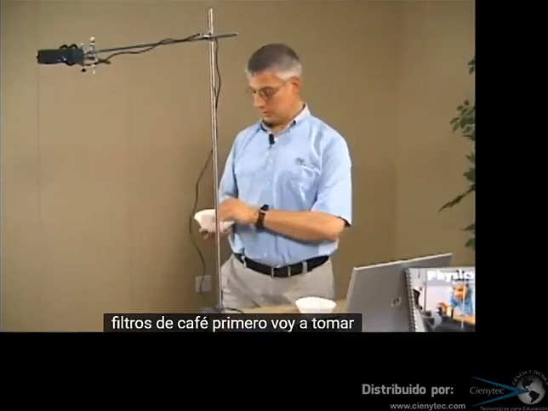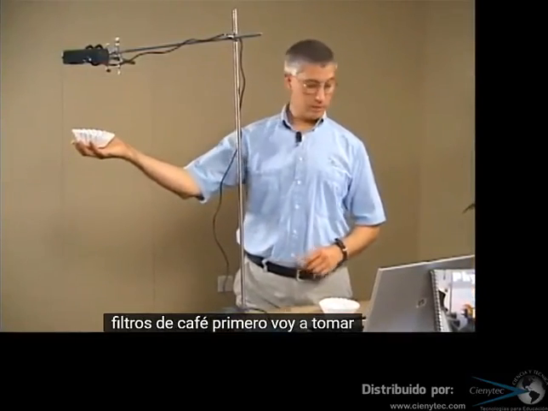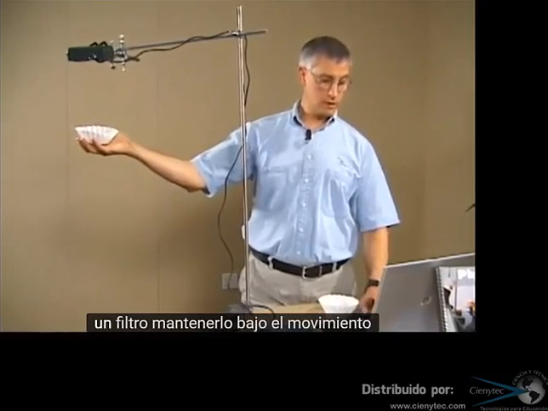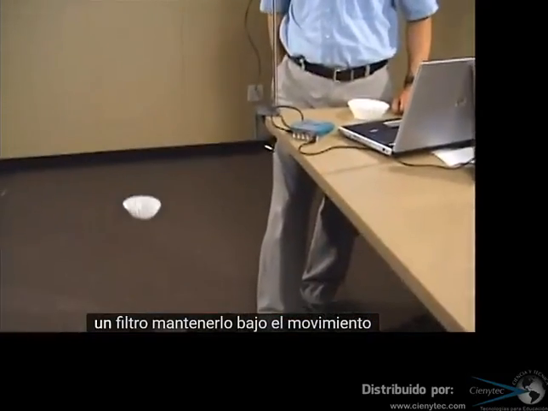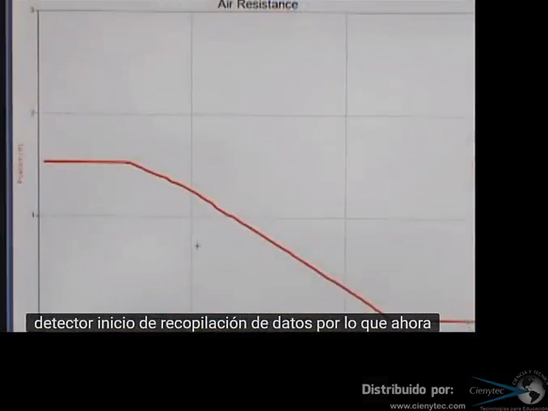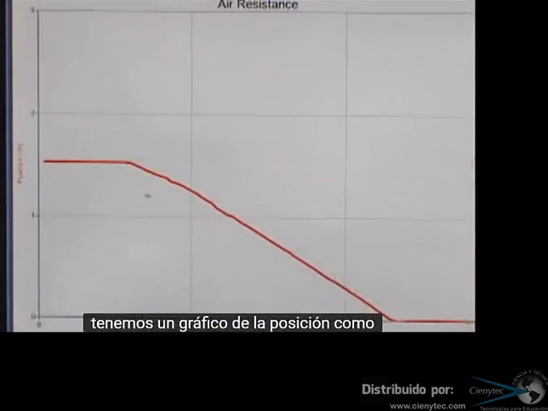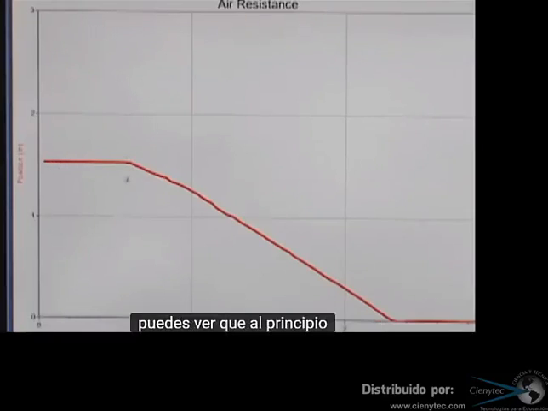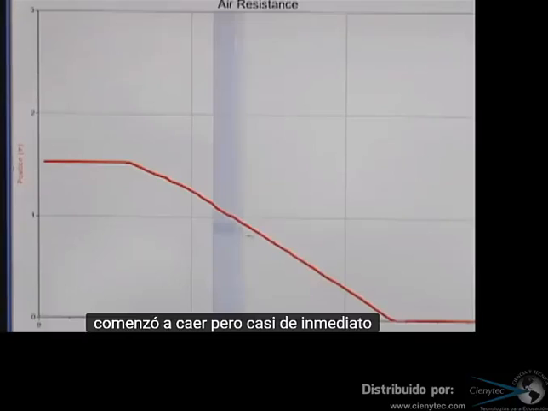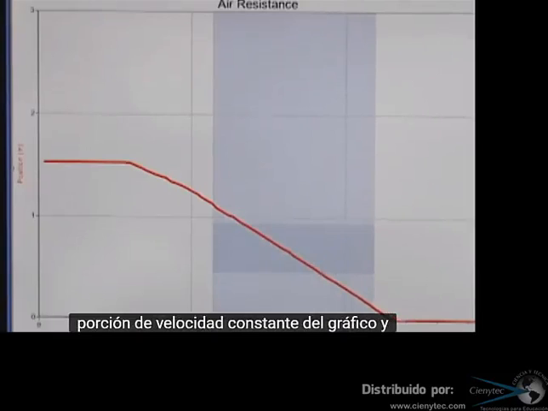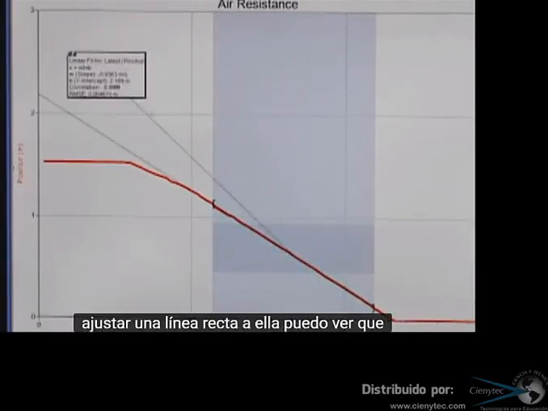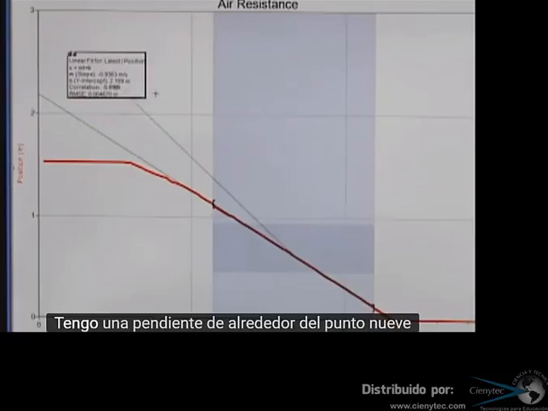First, I'm going to take one filter, hold it under the motion detector, start data collection. So now we've got a graph of the position as a function of time for one coffee filter. You can see that at the beginning the coffee filter was held still, then it started falling, but almost immediately reached constant speed. If I select the constant speed portion of the graph and fit a straight line to it, I can see that I've got a slope of about 0.9 meters per second,